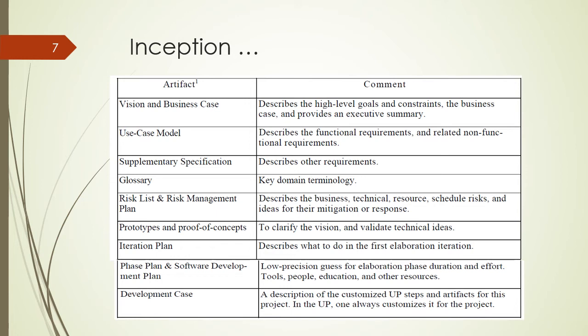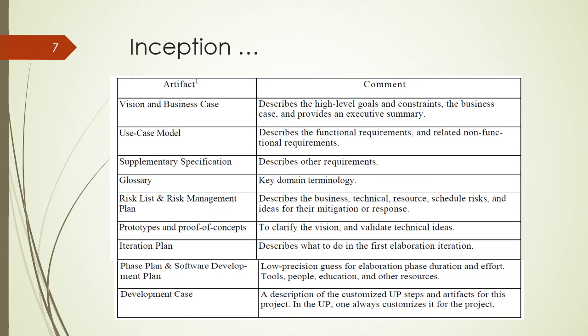Now the artifacts, as we saw in the previous lecture, we have seen what an artifact is. An artifact is anything which is a byproduct or a product of a particular phase. Now, the byproducts or products of this inception phase are these artifacts and what they describe. You have a vision and business case, which describes the high-level goals and constraints, the business case, and provides an executive summary. The use case models,